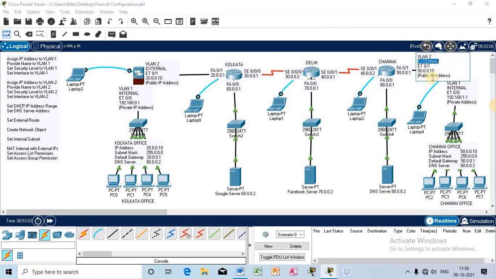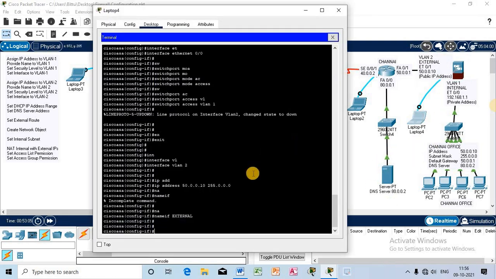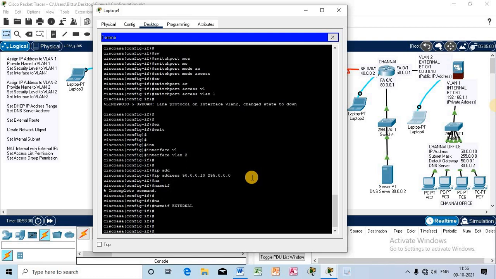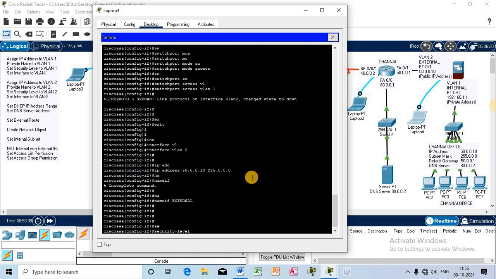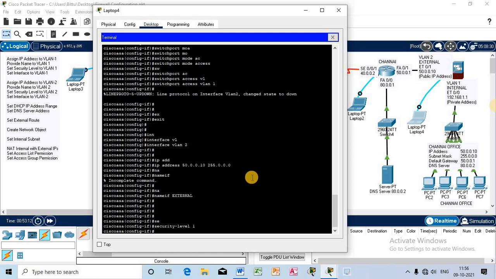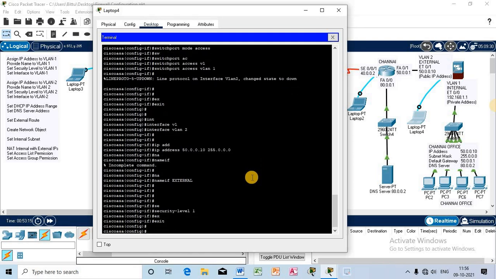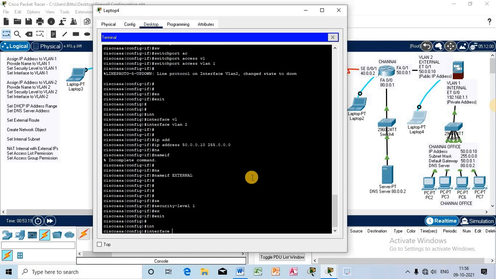VLAN 2 has been assigned with the name external. Now I will provide security level 1. 1 means maximum security. The minimum value will ensure maximum security because it will work with the untrusted part of the internet. It should have maximum security.